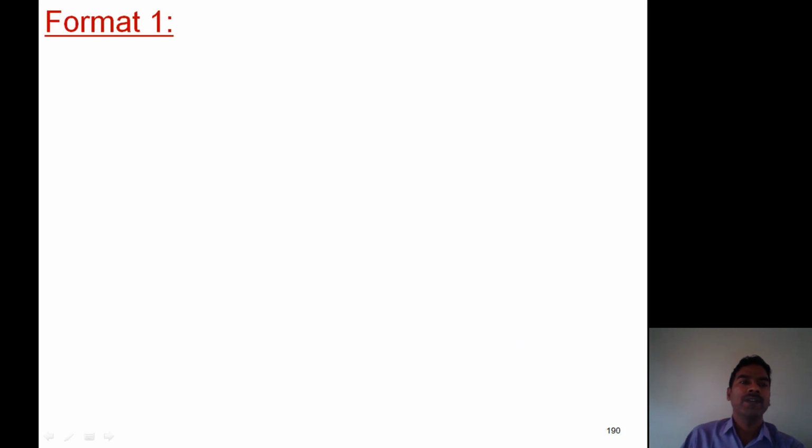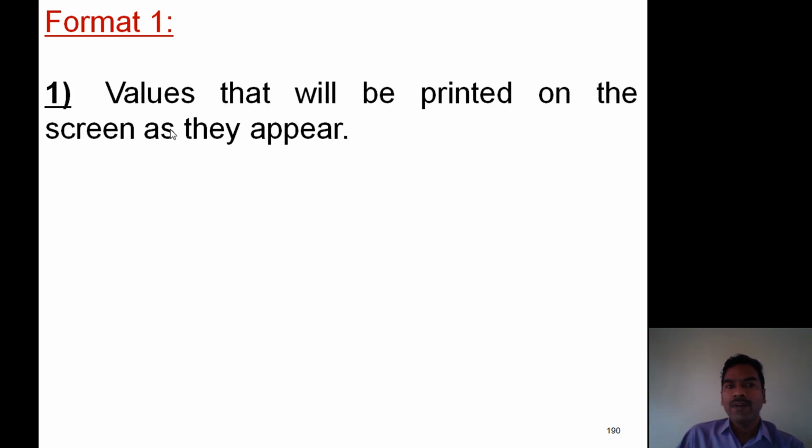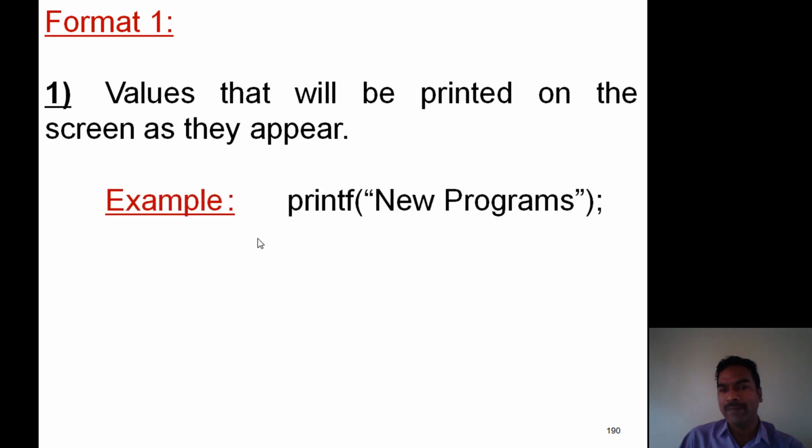Now, observe the printf formats. First one, format 1: values that will be printed on the screen as they appear. So whatever the format is within the printf statement, the same values are printed on the monitor. Now observe this example.